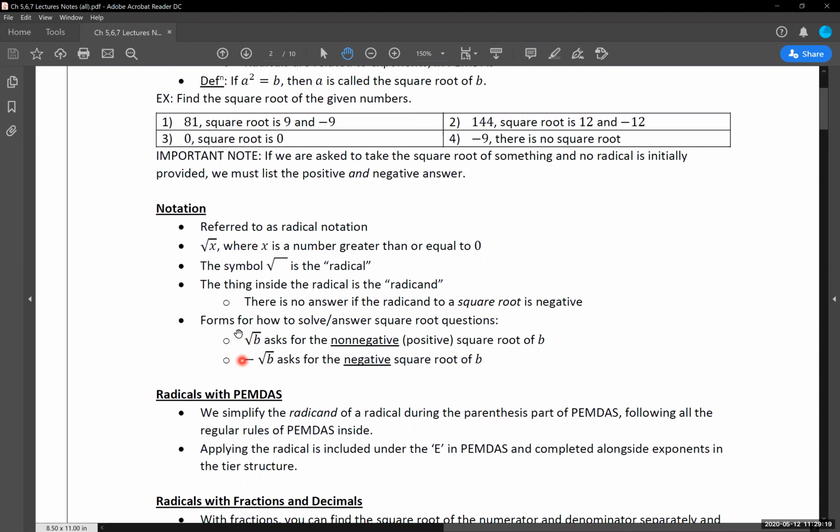If one of these is listed, then you're just giving one answer, and it's all based on the sign that's out front of the radical. If there's nothing given, like our first one that we have here, it's assumed to be positive. If there is one given and it's a negative out front, then again, it's assumed to be negative, and you just list the negative answer in there. Okay? This is a very understandable part where people get tripped up. So take that extra bit of time to get that organized for yourself and straightened out with how many answers am I going to have based on what the question is asking. That extra little bit goes a long way. Plus it saves us points, which I think we all want on tests and homework and whatnot too.